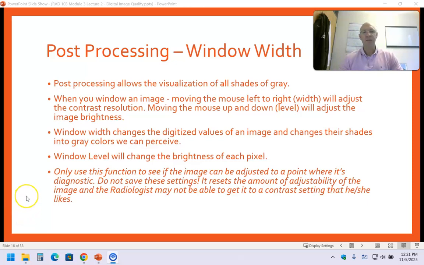And so we're in the middle of talking about contrast resolution. And we're going to start off by talking about post-processing. So this is after your image has been developed and it pops up on your monitor. Can you make adjustments to the contrast? Yes, you can. So when we see our image pop up, we are able to adjust the contrast by using